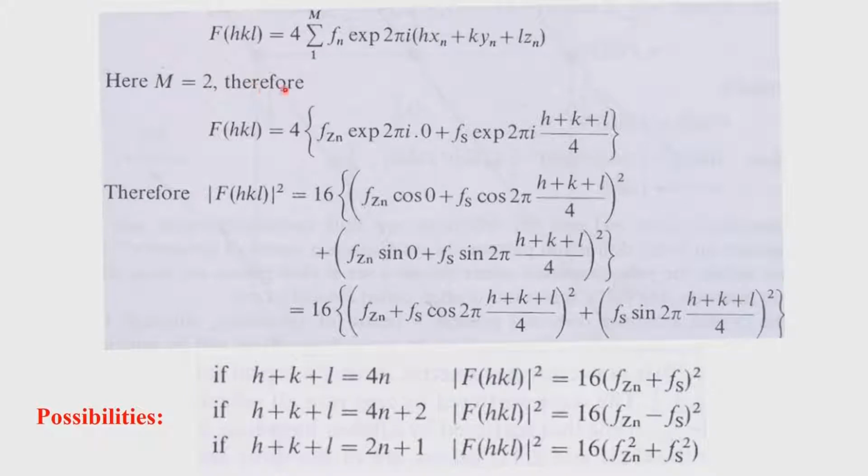Okay. So, here m is 2, therefore, F of hkl is 4 times f of Zn. Zn is at 0 0 0. So, just like our cesium chloride example, the phase associated with it is 0. Now, S is sitting at the position 1/4 1/4 1/4, and you know how to do this calculation now. It will come as h plus k plus l by 4. So, this is now the structure factor expression for zinc sulfide. There are 4 such zinc sulfide units, so it is 4 times fZn and so on. There is a little error in the textbook here. We have taken it from the textbook.